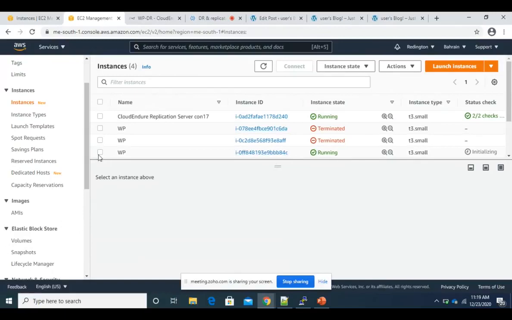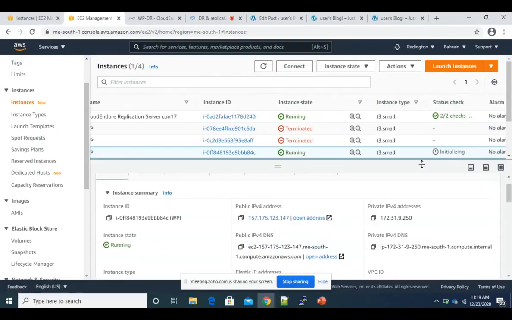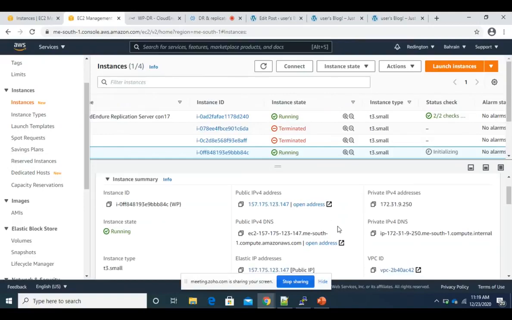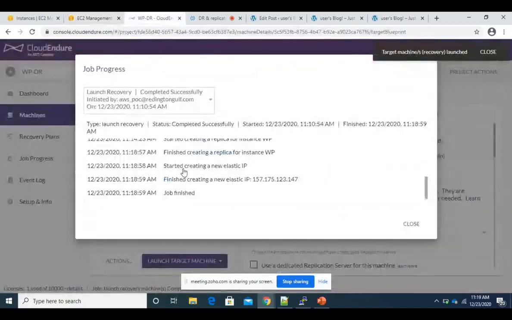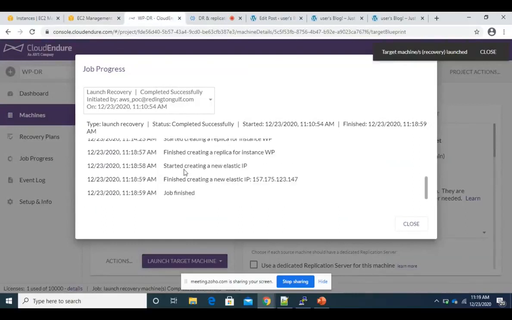If we select the new one, we'll see all the details. It's initializing, so let's wait for the status check to complete. It's still initializing, but you can see how quickly this gets completed, right? Within 7 to 8 minutes, the whole DR instance was launched.